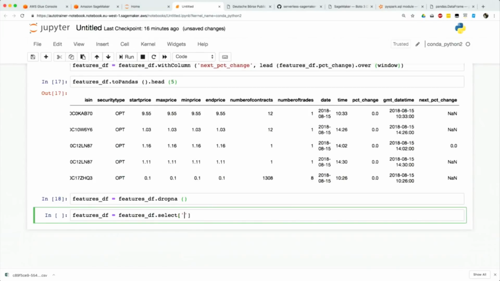So that's going to be next percentage change and percent change. And then we also want plus number columns plus, we forgot to do the categorization. All right, so we will